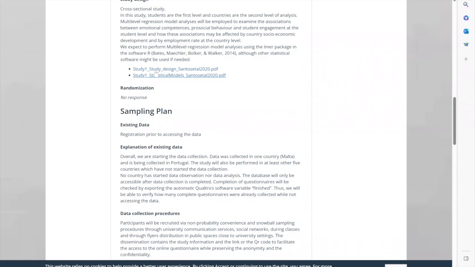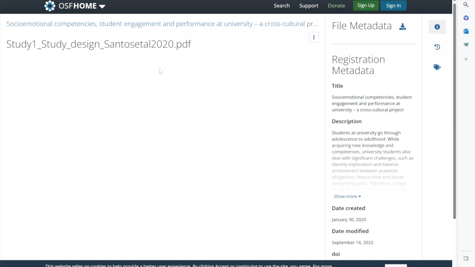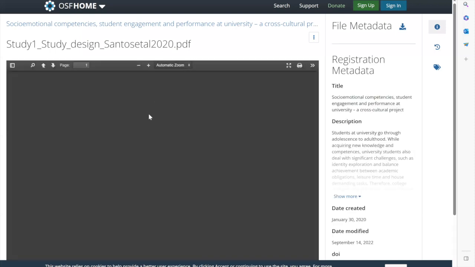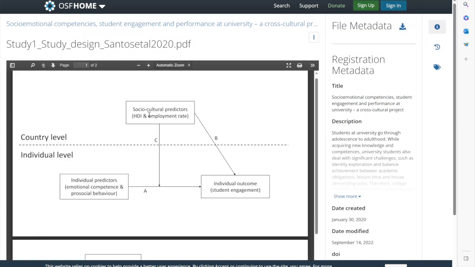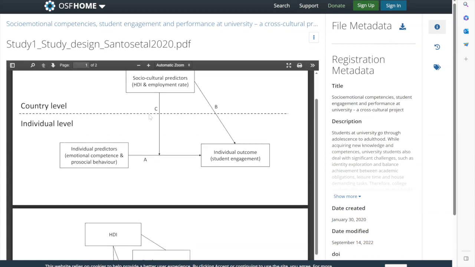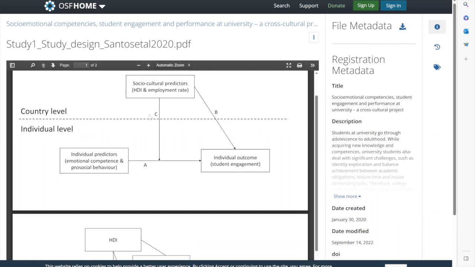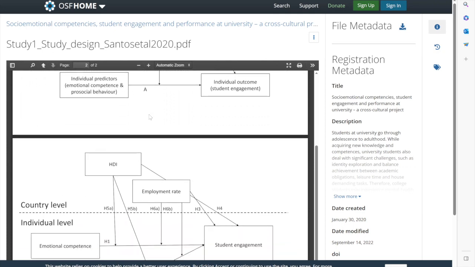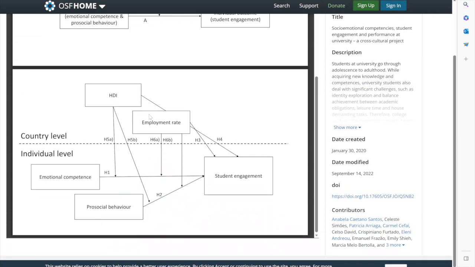And as you see here, we can, for instance, disclose more information about our study. For instance, here we disclosed what our design would be and how our variables were associated.